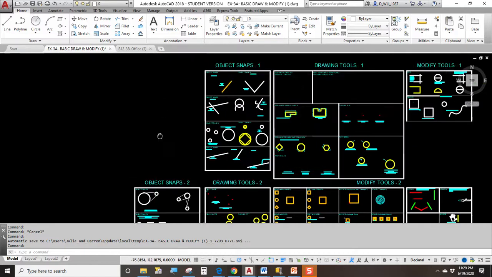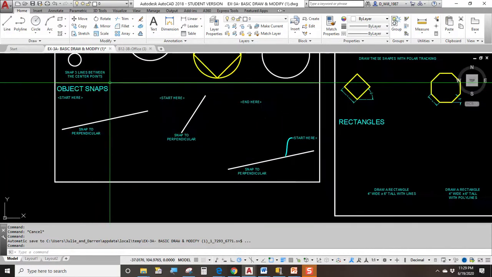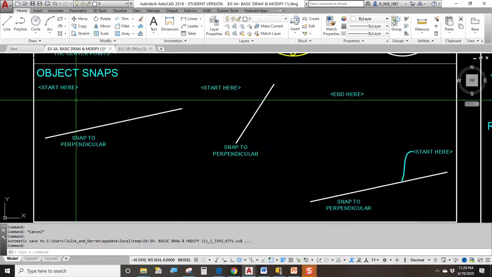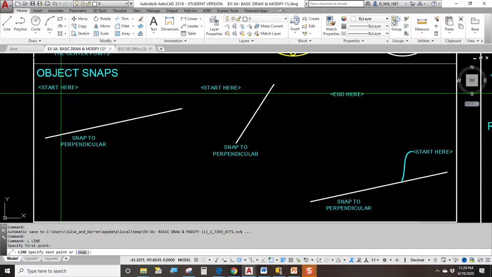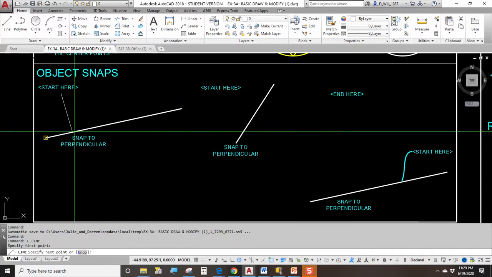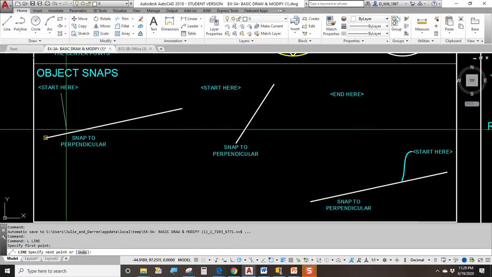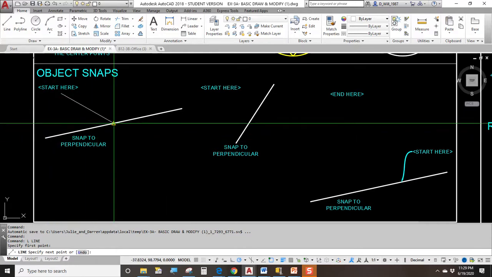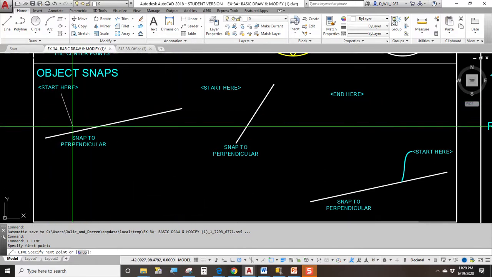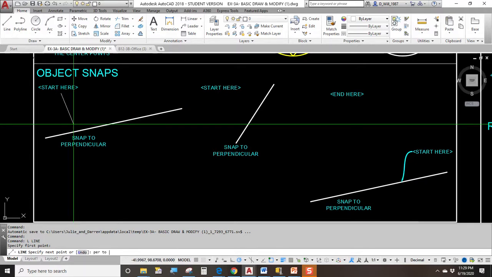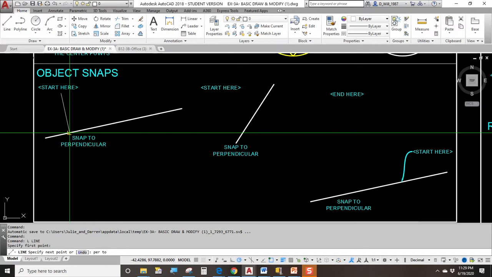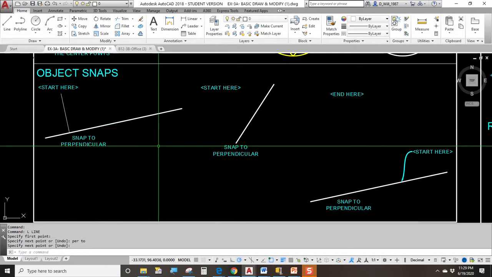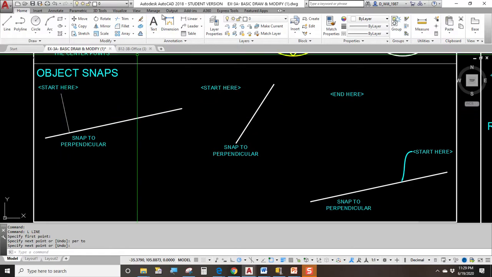We skipped perpendicular a little earlier when we did our last series, so let's do it now. Start here, and I want to go 90 degrees to the line that's there. Well, that's the end point, that's the midpoint, that's the end point. How do we get to 90 degrees? Well, you can say give me the PER, give me the perpendicular. And then there, it's a little symbol. It looks like a right angle sign, right? So now that line is 90 degrees